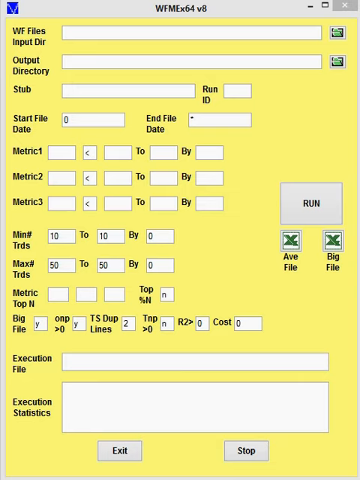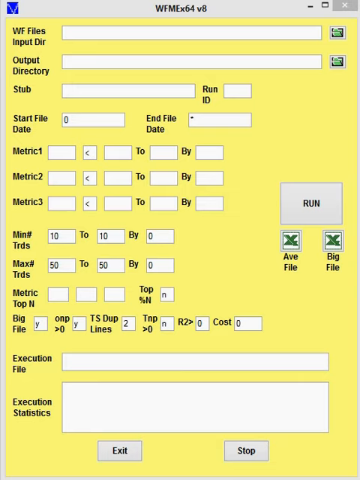A filter summary is generated and sorted by total out-of-sample net profits after costs for all metric combination filters examined by the Walk Forward Metric Explorer, and it's written to a comma delimited Excel file. In addition, using modern bootstrap techniques, the Walk Forward Metric Explorer calculates the probability of whether each filter's out-of-sample results were due to chance. When it is done, just click on the Excel icon next to the Run button, and the output file will appear in Excel